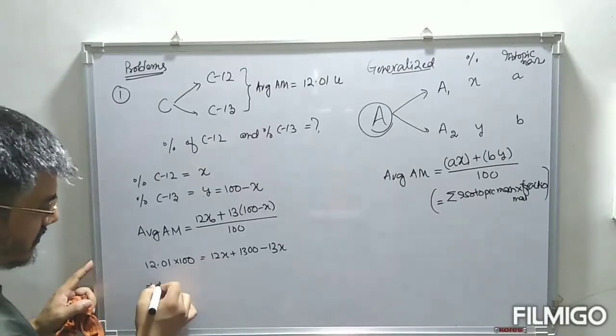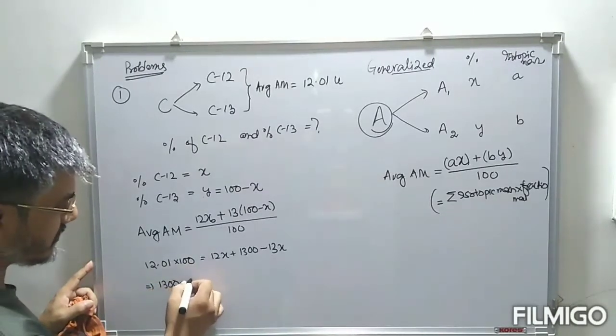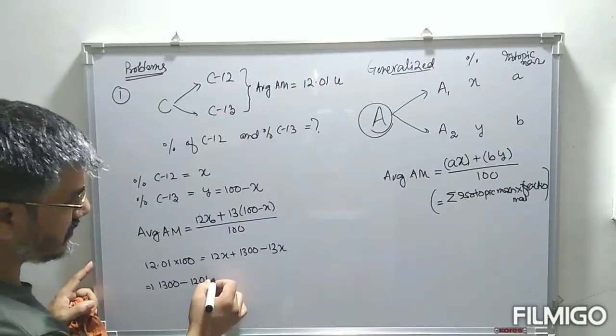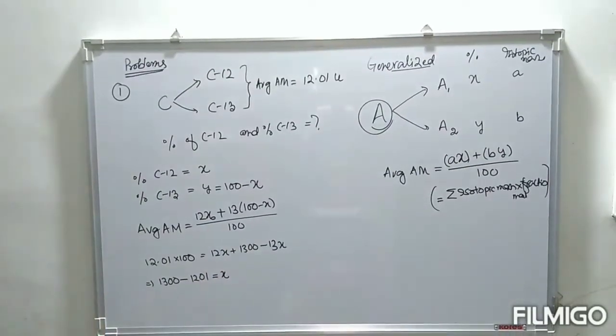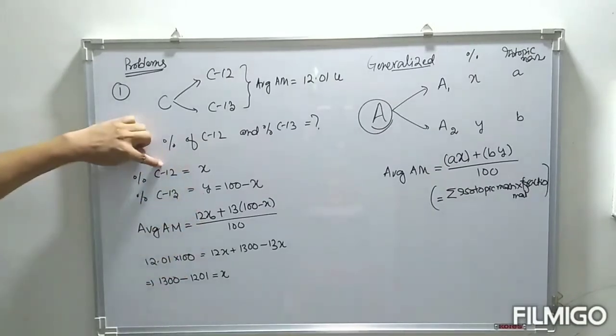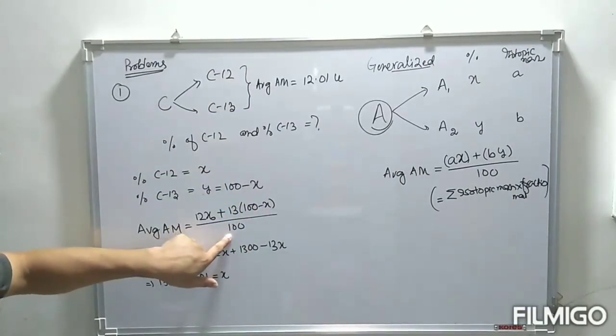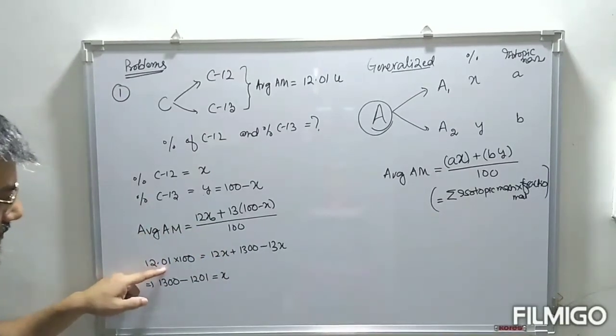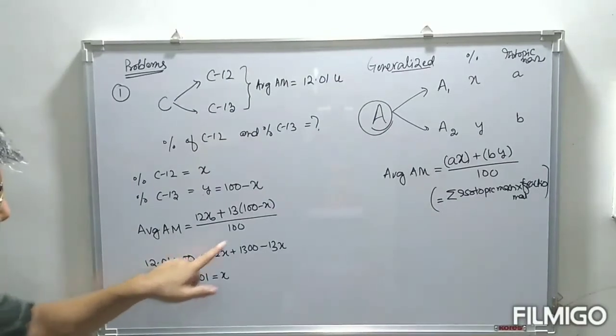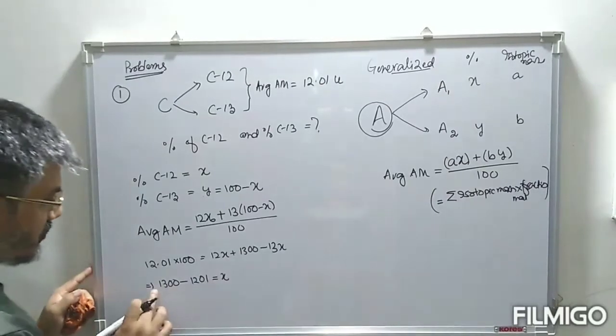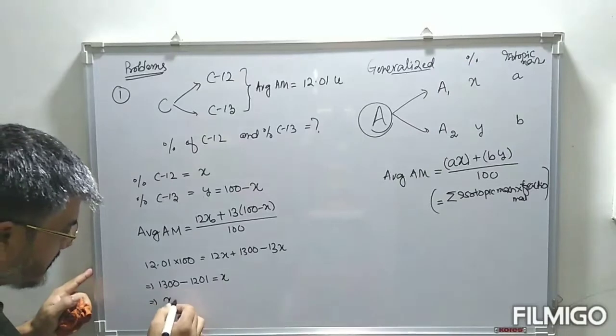So therefore look at this, 1300 minus 1201 is equal to x. So we have isotopic mass times percentage, divided by 100, is equal to the average. Average is 12.01 into 100, 12x, this value. So x is equal to 1300 minus 1201. So therefore x is equal to